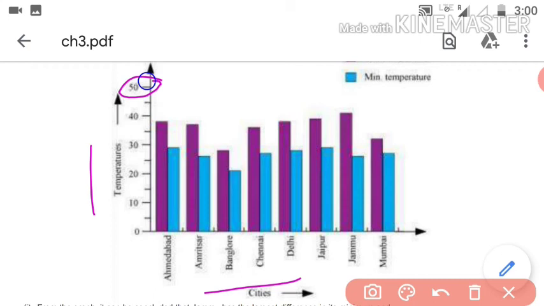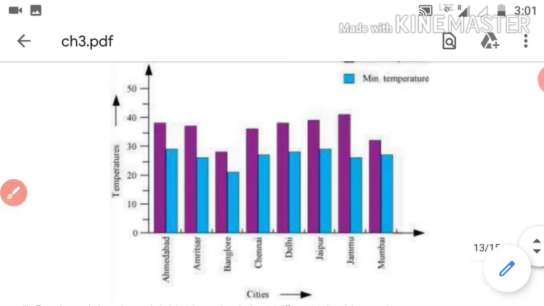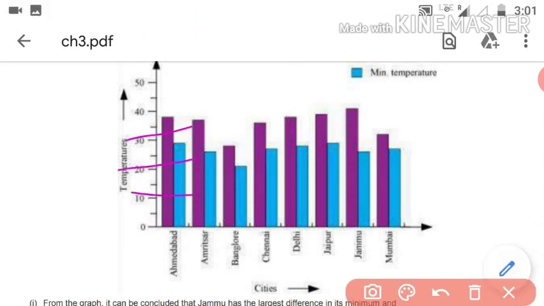Now the highest value is only 50, so you can take 1 unit equal to 5 degrees Celsius. Okay, for 1 unit it is 5. So for 2 units it is 10,